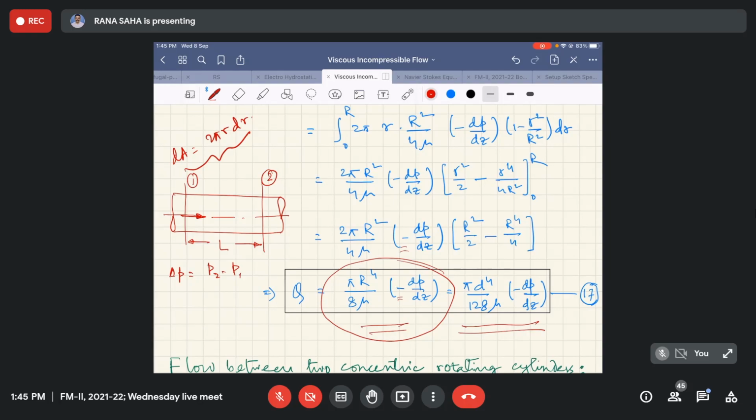If you use this convention of the derivation that is being used here, then your dP/dz will be equal to P2 minus P1 by L, where L is your